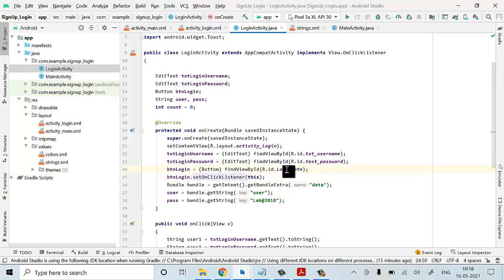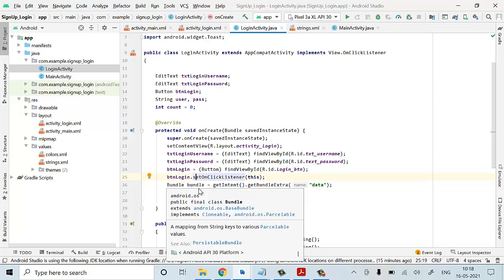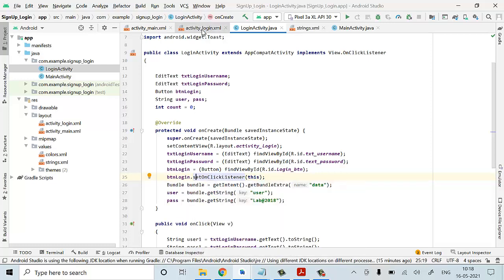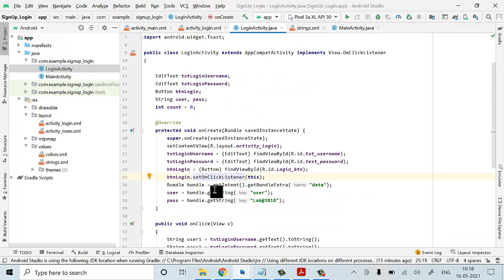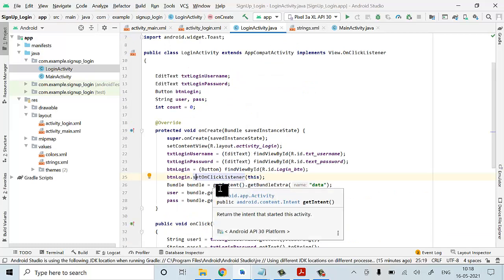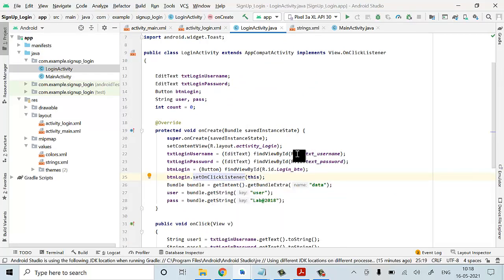Once I have identified it, if I click on that particular button, it has to move to your onClick. Next, the bundle I have created in MainActivity.java, the same thing I have got here. So here I'm extracting the data which has been brought by your intent. So you can check it out.